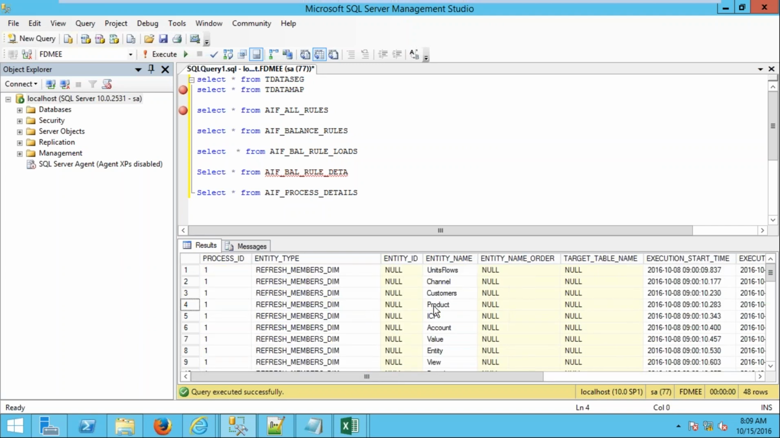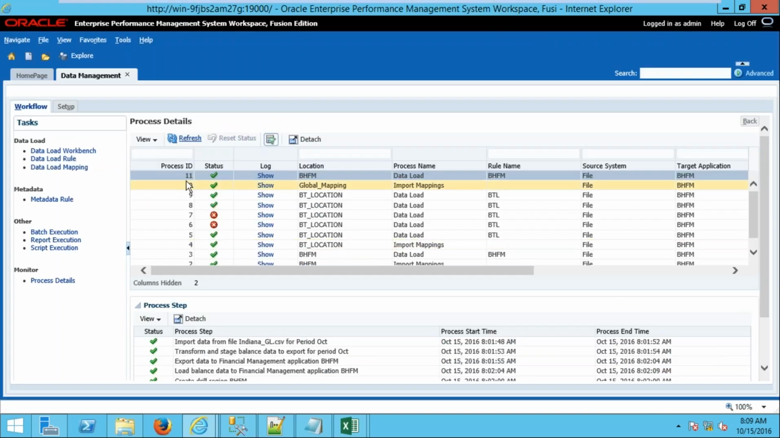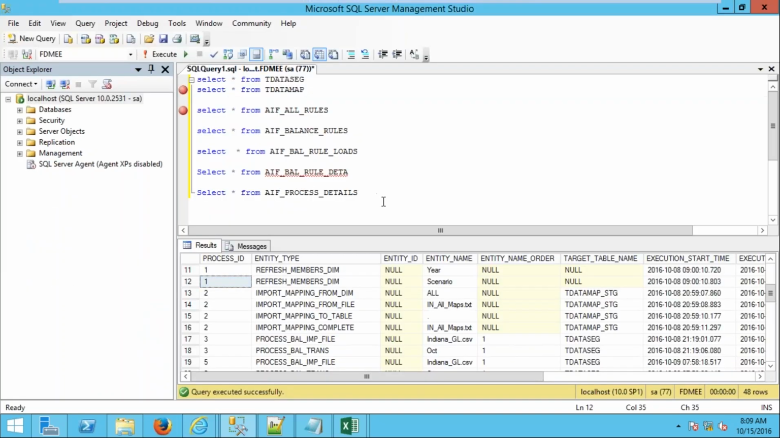So here you can see whatever the things that we are doing, we can find all of the information over there. Import mappings, process BAL import file, the transaction is going to be done. Everything that we can see here itself. So here itself we have the process ID. So this process ID is nothing but this one. So like run it here itself,